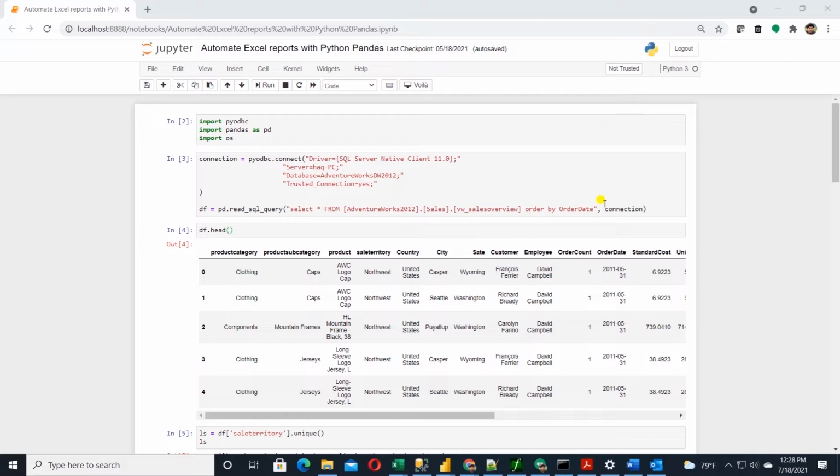If you have the AdventureWorks 2012 database set up, you can grab the view SQL, create the view, and run this query. If you do not want to dabble into the SQL, then I have exported the data in an Excel file. It is available in the GitHub repo. All you need to do is set this to the file location. We do not need the connection for the Excel, and instead of read SQL query, it'll just be read Excel. So once you do that, you can save the file into the data frame, and the rest of the steps